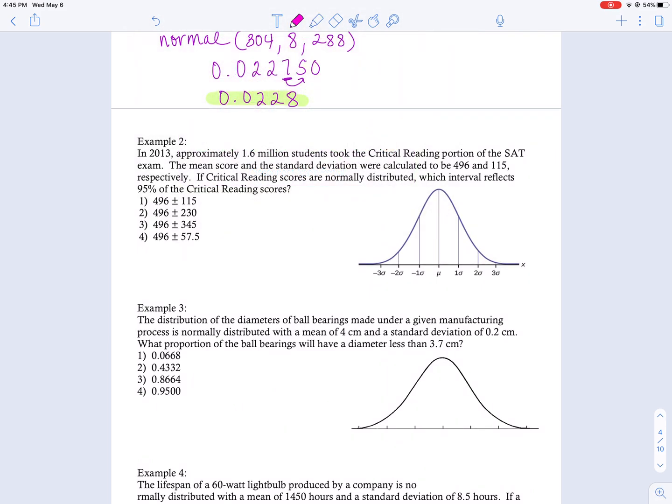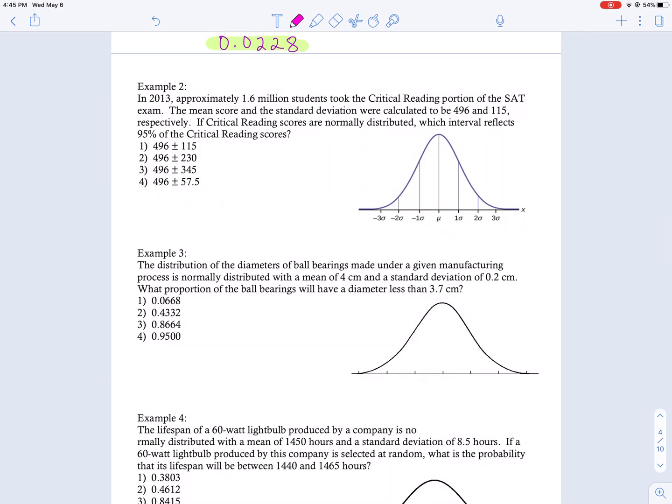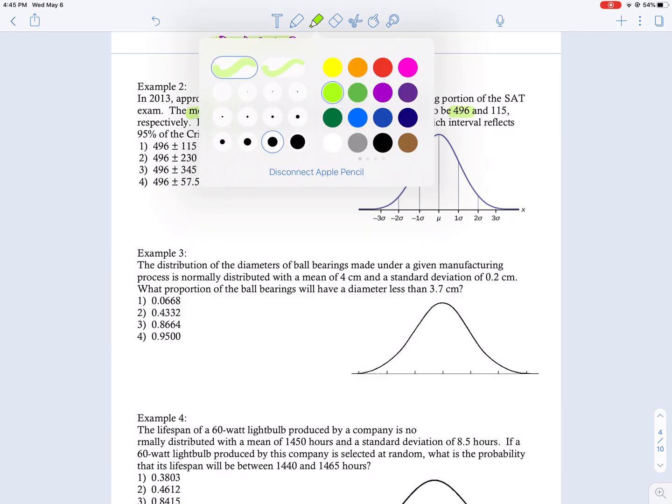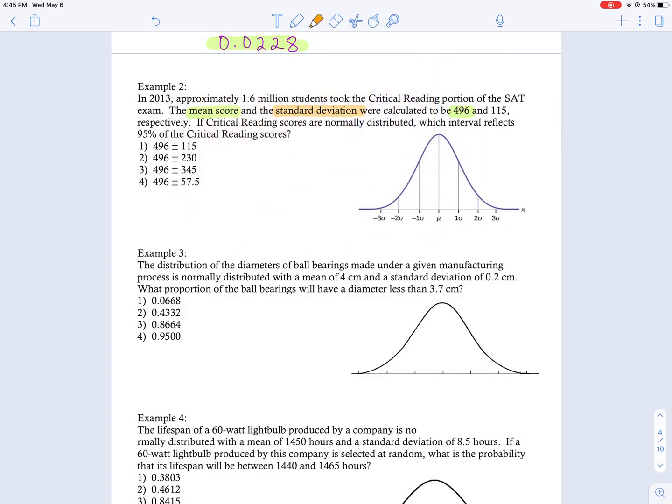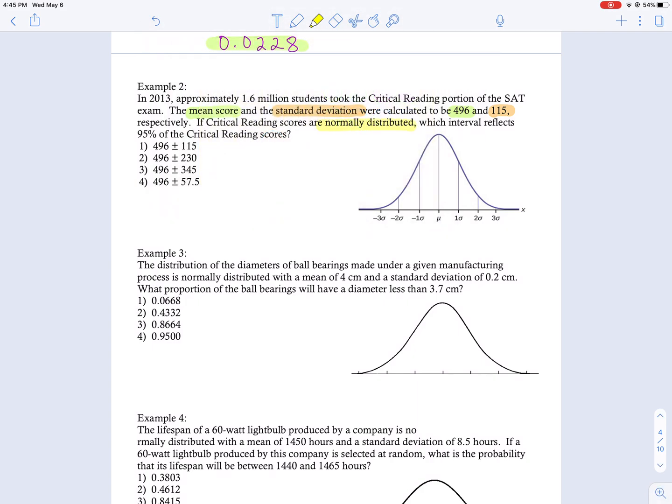Okay, so let's try some more. In 2013, approximately 1.6 million students took the critical reading portion of the SAT exam. The mean score and the standard deviation were calculated to be 496 and 115 respectively. So your mean is 496 and your standard deviation is 115. If the critical reading scores are normally distributed, that's really important. They have to tell you that. They're normally distributed. Which interval reflects